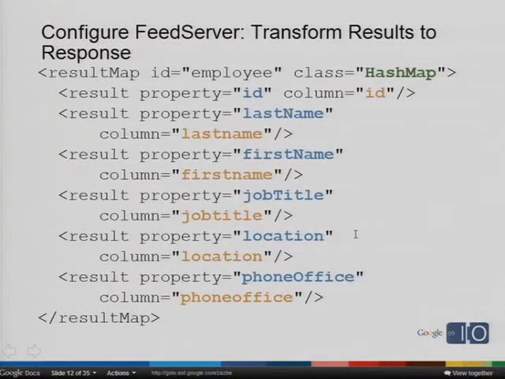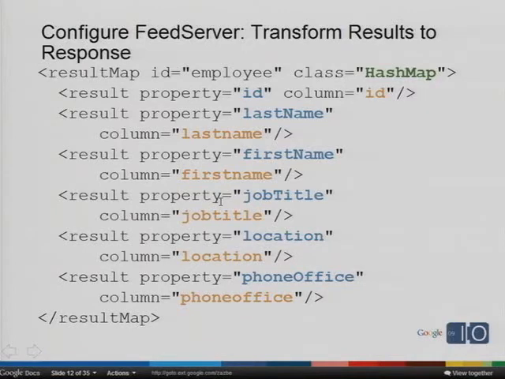Now the query has been executed on the database, we need to transform the result set back to a response, an Atom response. And here's how we do it. All those orange ones are result set column names. So last name, first name, all lowercase, these are database column names returned by the MySQL query. And the blue ones are AtomPub property names. So here I do the mapping. Although I'm only changing the capitalization,